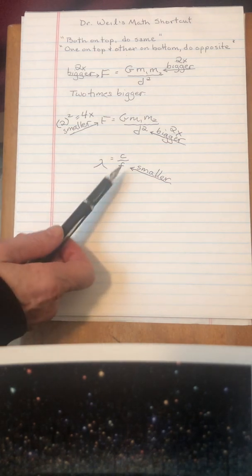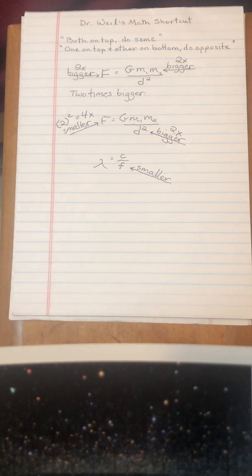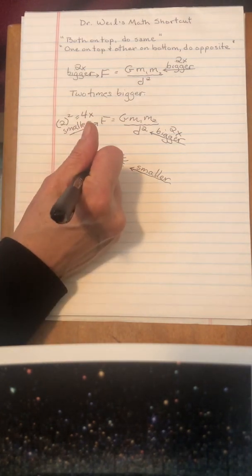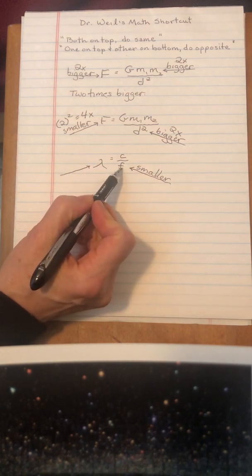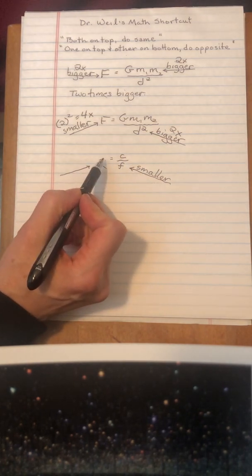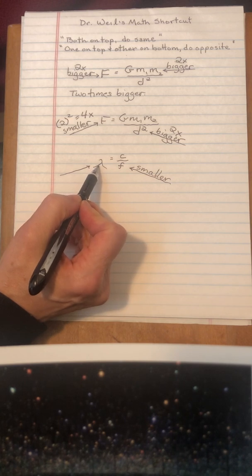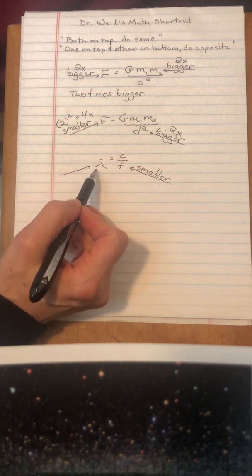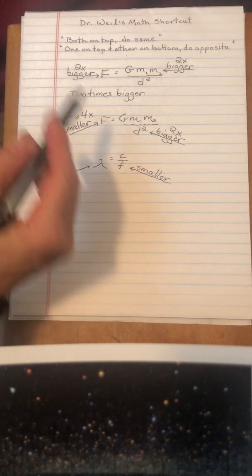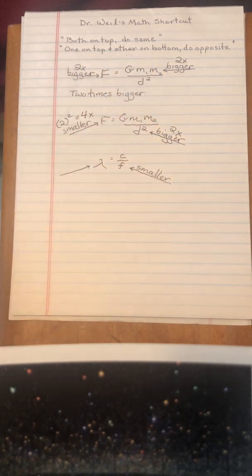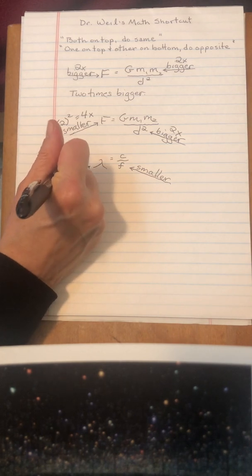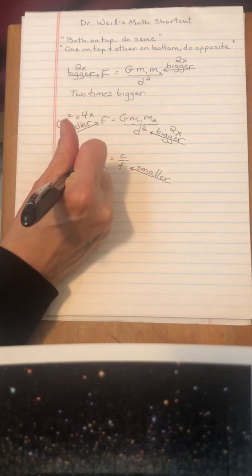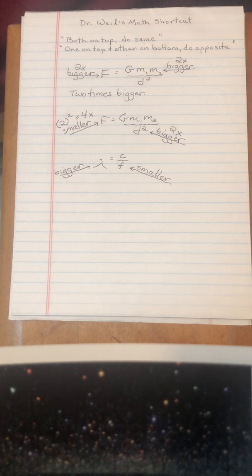All right, frequency gets smaller. What happens to the wavelength? Well, let's point our arrow and figure it out. Notice that frequency is underneath the dividing line on the bottom over here, and on this side of the equal sign, the wavelength is on top. It's not underneath the dividing line. So again, we have one on the top and the other on the bottom. They do the opposite. So if the frequency gets smaller, the wavelength must get bigger.